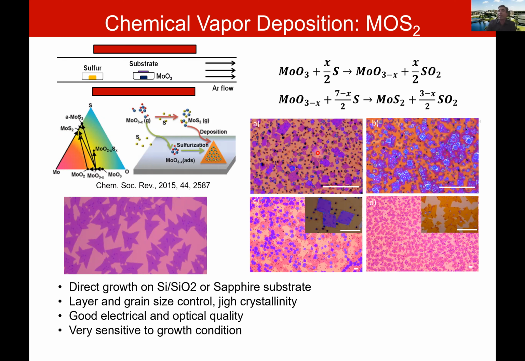Not something that physicists love, but something that material scientists and chemists and energy people love. But if you succeed in growing molybdenum disulfide, you will end up with triangular crystals up to 90 to 100 micron in crystal size. It's possible to do size control, and they have pretty good electrical and optical quality. The mobilities are not going to be anywhere as high as graphene, but you are going to get an intrinsic band gap in these materials.